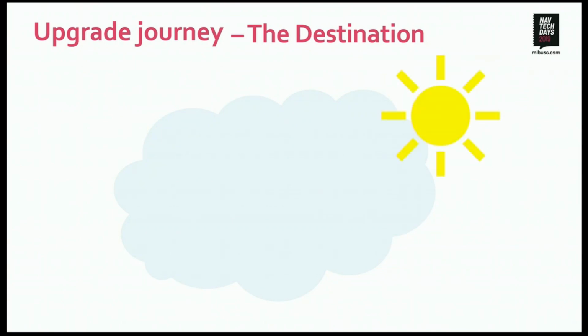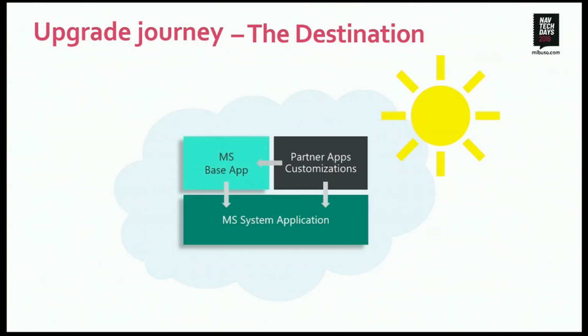Now, for the other questions, the easiest way to explain what is happening in the upgrade is to use the journey metaphor, right? So we are going to start a journey, and the most important part is setting the destination. And the destination, of course, is the cloud, right? We would like to get as many of you in the cloud as possible. It is nice in the cloud, the sun is shining, and this is what the ideal architecture in the cloud